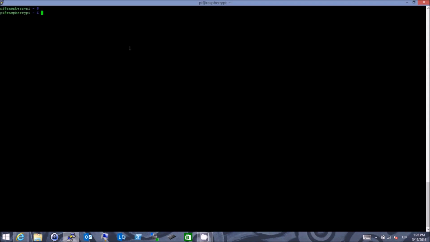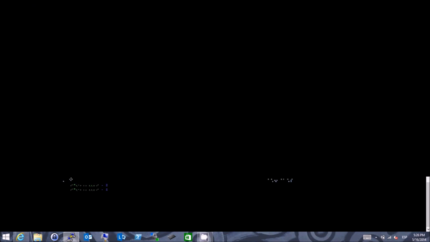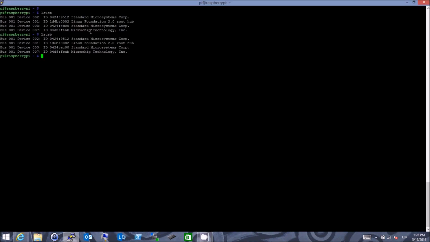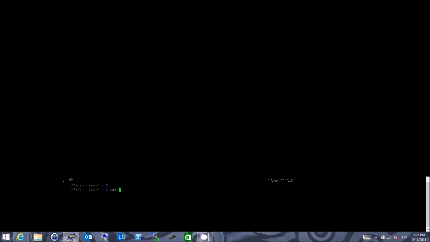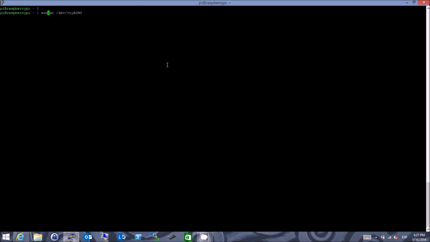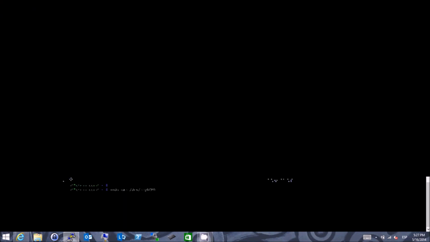So what I'll do now is I'll actually connect the Pinguino. So I just plug that in. The USB cable is providing energy as well, and then after a few seconds on my USB devices, I should see the microchip technology. Yep, that's exactly the name of the device that I just connected. I should also see that now there is this AZPipe application running, and it's sending all the data that's coming from the TTY ACM0 device, which is going to look something like this. So let's try to do this, and after a couple seconds we should be able to